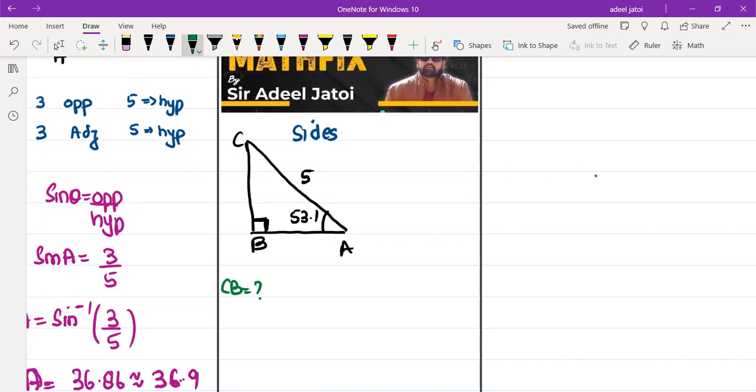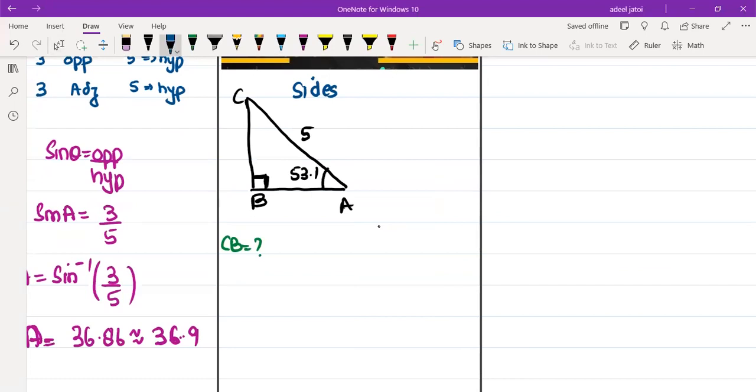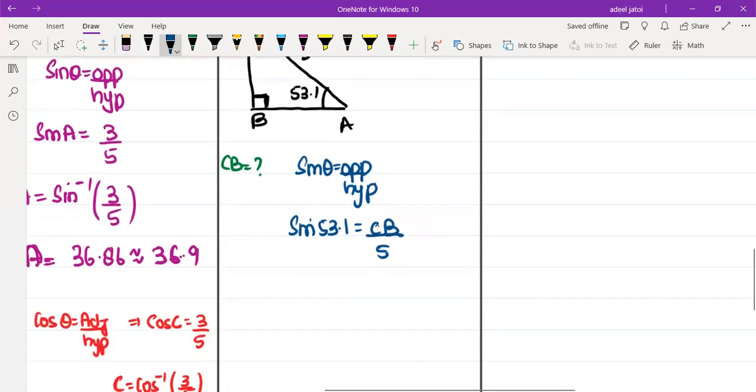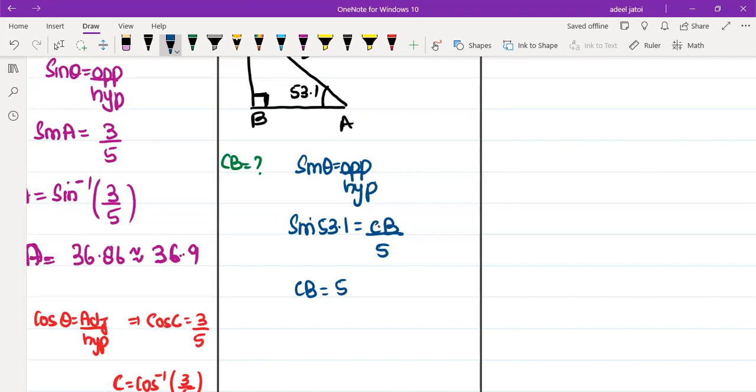Now, when you know that your angle is given, this CB is basically opposite to the angle, and opposite to 90 is given, which is the hypotenuse. So we need to find the opposite, and the hypotenuse is given. That means sine theta is involved here. The formula of sine theta is opposite upon hypotenuse. So your theta is 53.1, your opposite is CB, and the hypotenuse is 5. So CB will be 5 sine